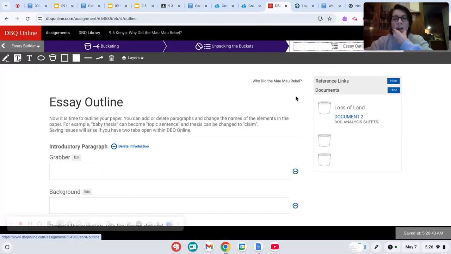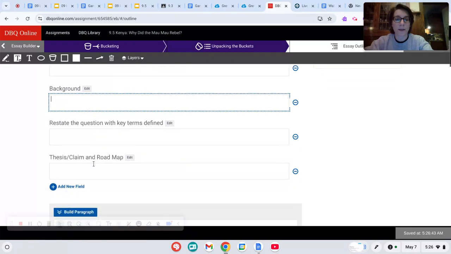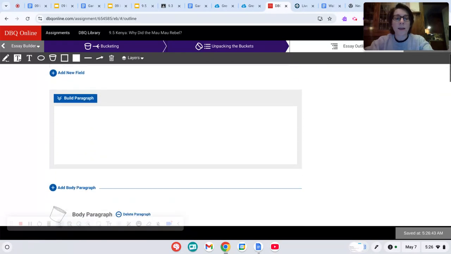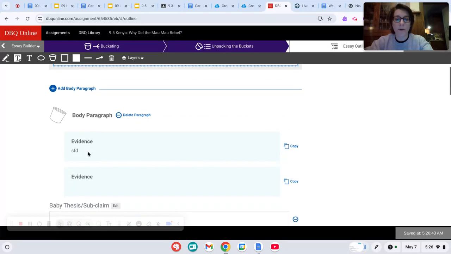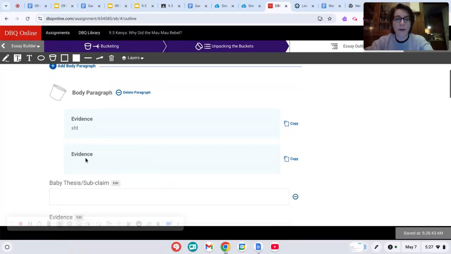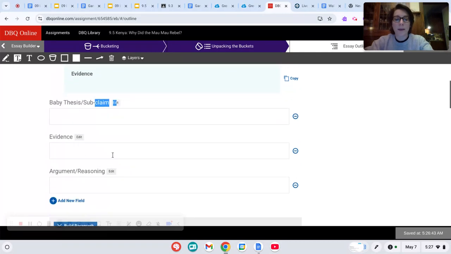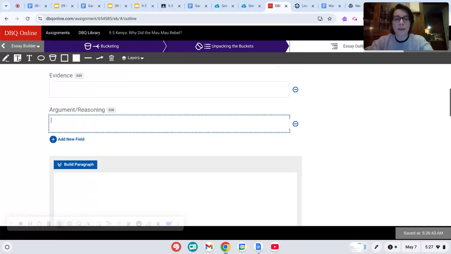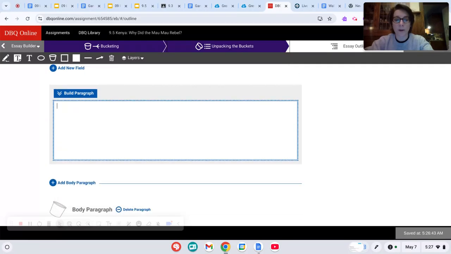Then you're going to go to the essay outline to outline your essay. Come up with a grabber, your background. That's basically you're writing your introduction here. That will help you build a really nice paragraph. Then you're going to come up with your evidence. Ooh, look, it's already here. Your baby thesis or your claim, your reasoning, and then that will help you unpack. You build a paragraph